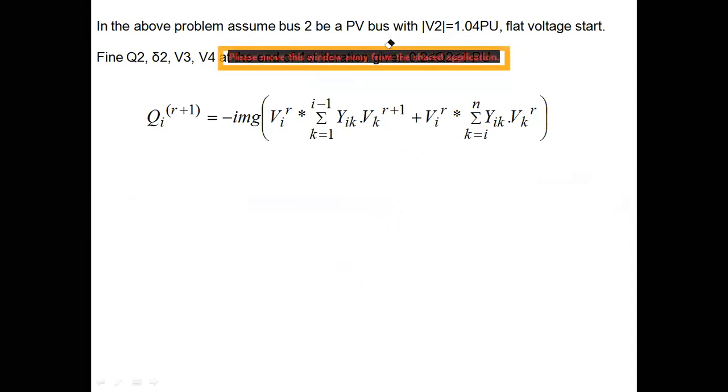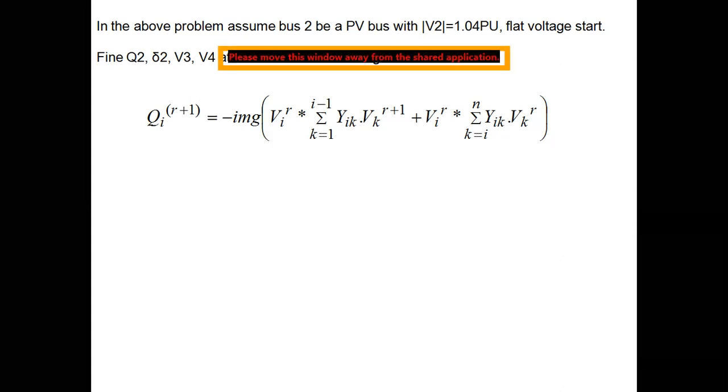Now you see here. In the above problem, this is the only thing that we are going to change. Again, we are considering the same problem, same system, same real powers and reactive powers, but the only change is in the above problem. Assume bus number 2 to be a PV bus with the magnitude of voltage equal to